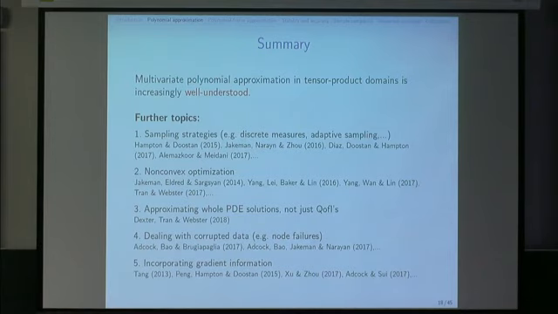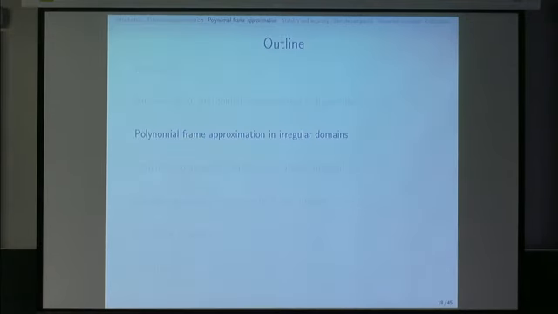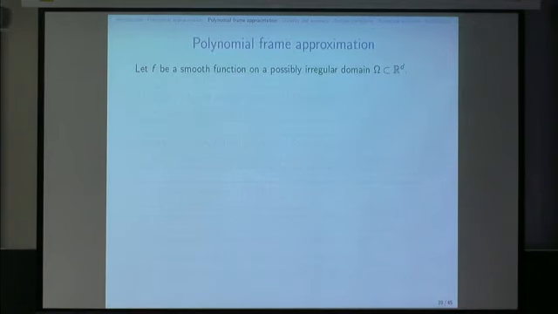Okay, so let me move on to regular domains now. Suppose now we have a function f that's smooth, but it's defined on a domain omega that's not a tensor product domain. We want to do a polynomial approximation. So how are we going to do this? Well, I'm going to propose something that's incredibly simple,